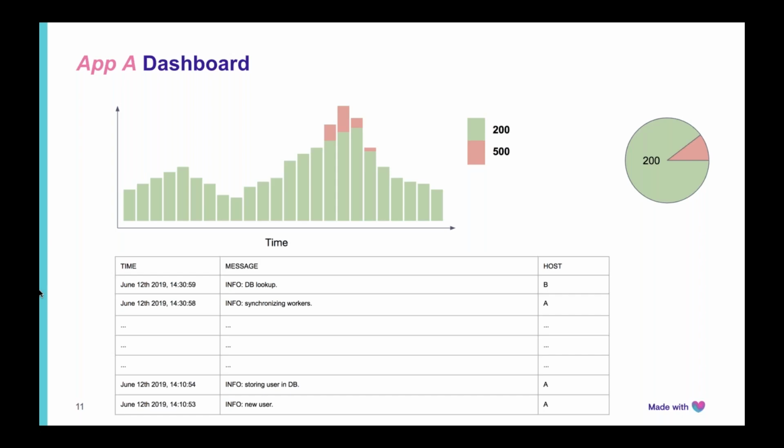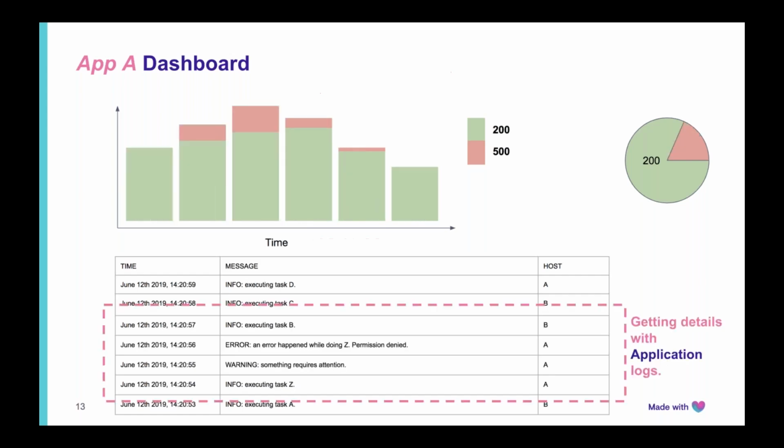Which means that if I want to investigate an error, I can just select the time and zoom in, which is what I can do. So I can see here, we've got some 500 errors, and if I zoom in on that time frame, I'll get a bit more details, and I can see that these errors correspond to what I see on the log where I have an error happening. So this is like a pure theory example, but you get the idea. Just because they are linked with the time, it makes it super easy to combine two different sets of logs into something very useful. And so at Babylon, we have, as I said, 200 plus microservices, and we create a